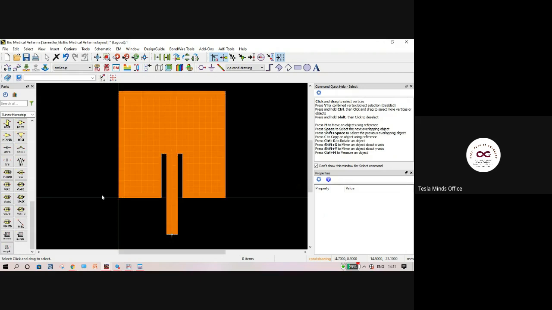Right. Otherwise, as I've already told you, you can use this particular step and we have shown you how to export also. Right. So when you complete the export, then your antenna design, the simulation is complete. Then you export your antenna, fabricate it and test it using the test set. Right. So that will complete your antenna design process.